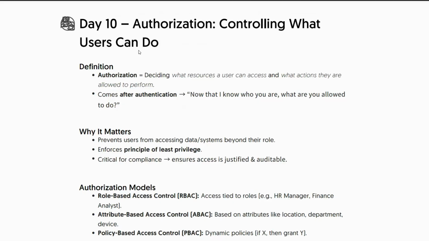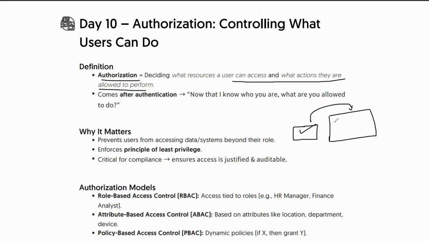Definitely you should have a stronger authentication system, but also a right authorization system helps you to achieve the principle that we were discussing initially, the principle of least privilege. Okay, so authorization is controlling what users can do. The first definition of authorization is deciding what resource a user can access and what actions they are allowed to perform once they are inside the system. So they have proved who they are, and the proving is done. They are in. Now there'll be different pockets of access. There'll be admin access, user access,